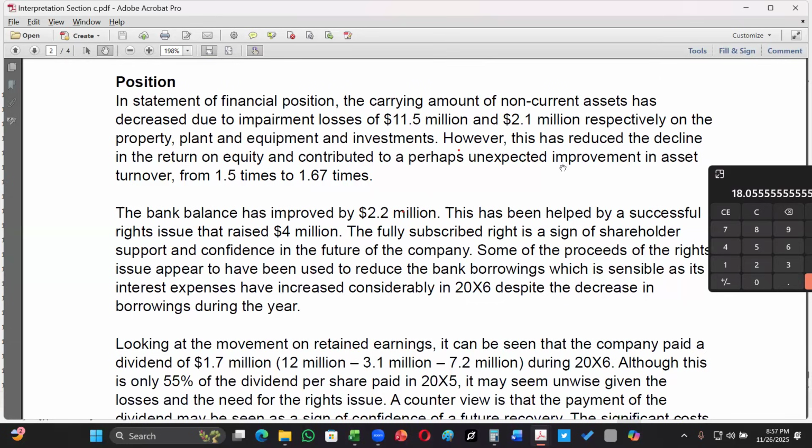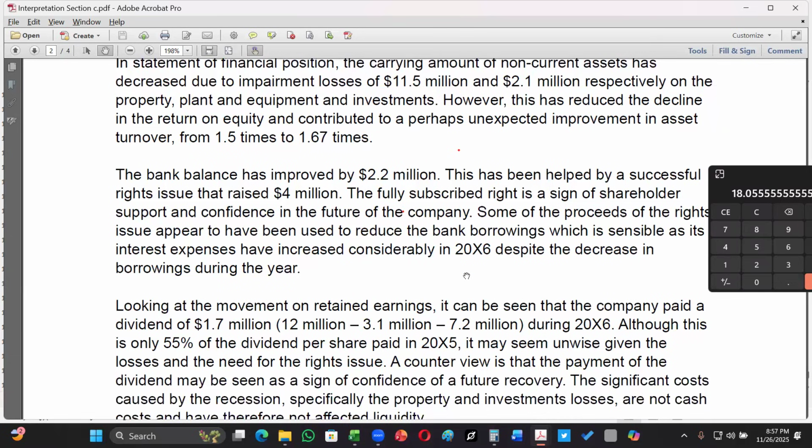Okay, since the value of the assets has gone down, we saw that the asset turnover was better. That is the reason: because the value of the assets has gone down, the denominator in the formula has gone down, and that has resulted in a better asset turnover. Fine. So we are understanding all the aspects that we have discussed. This was one surprising ratio that was better. Now we got the reason why it is better, because of the impairment losses.